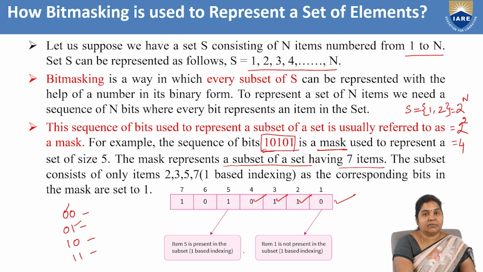Item 4 is not present. Item 5 is present. Item 6 is not present. Item 7 is present. So the bit 0 indicates that that item is not present, and 1 indicates that that item is present in the set. So to represent a subset of a set, these kind of masks can be used, which is very efficiently